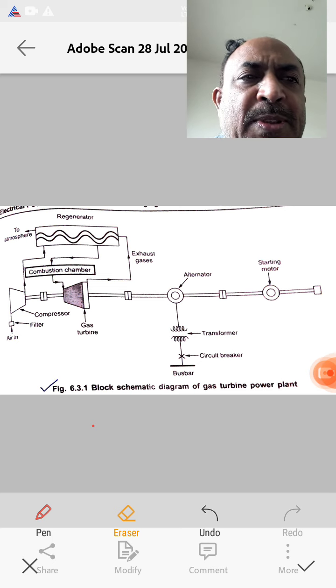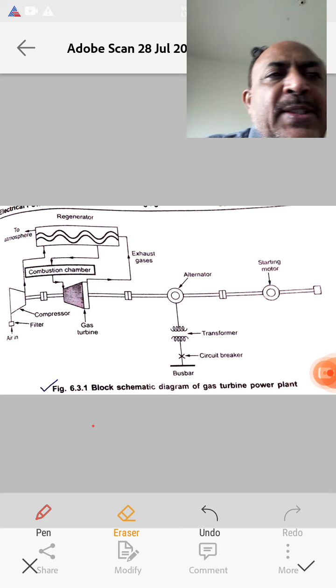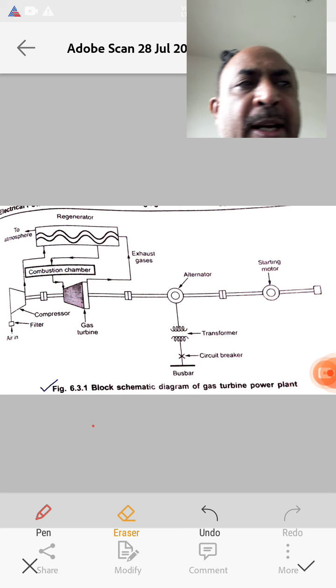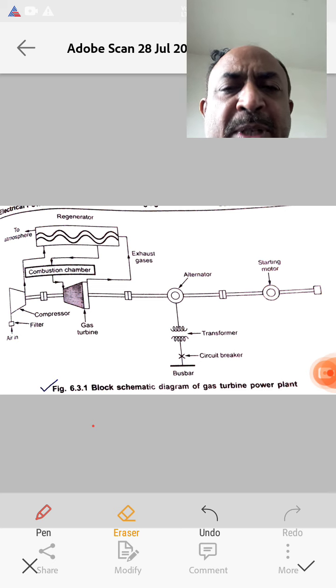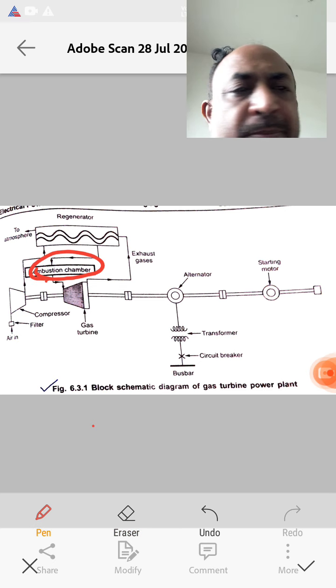Due to this process, the compressed air is heated before entering the combustion chamber. This is the combustion chamber.